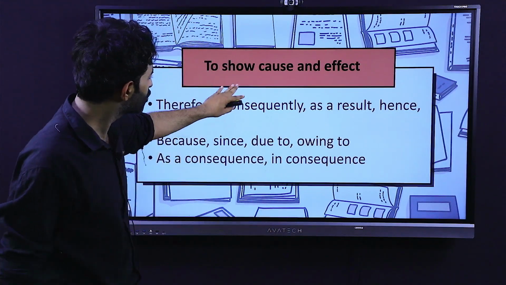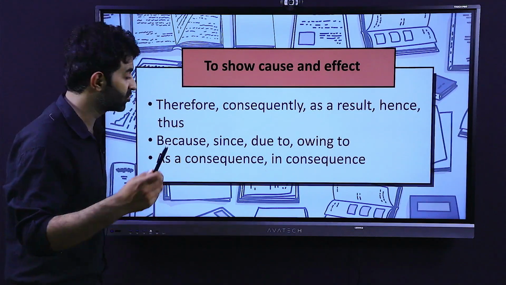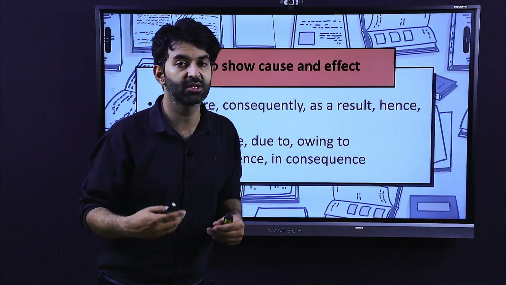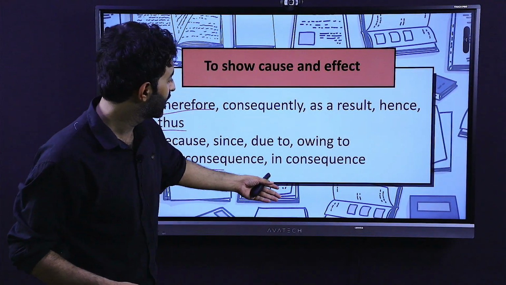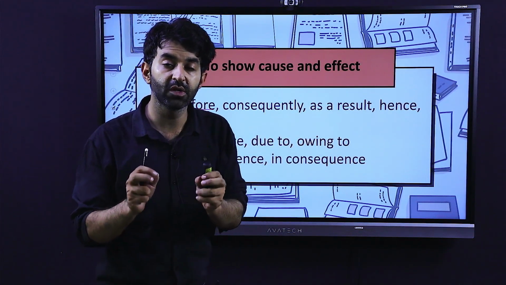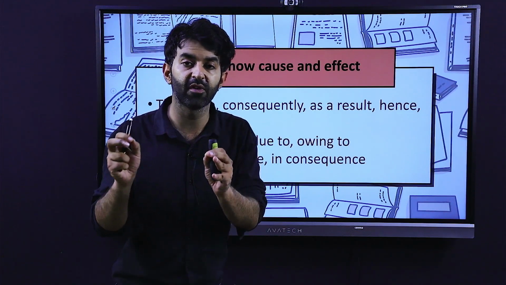Now, to show that, you can use transitional words like therefore, consequently, as a result, and hence or thus, because, since, due to, owing to, which means because of, and as a consequence, as a result. If something is happening as the result of something, you could say as a consequence, consequently, as a result of, or in consequence. All these are the words that you will be using to show the cause and effect relationship